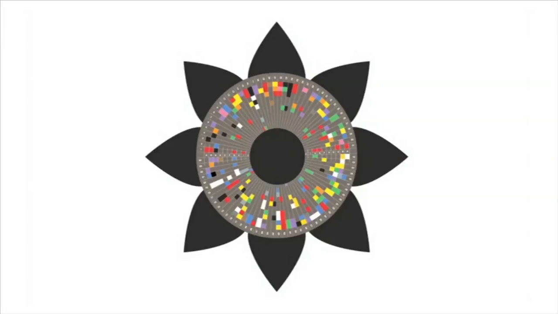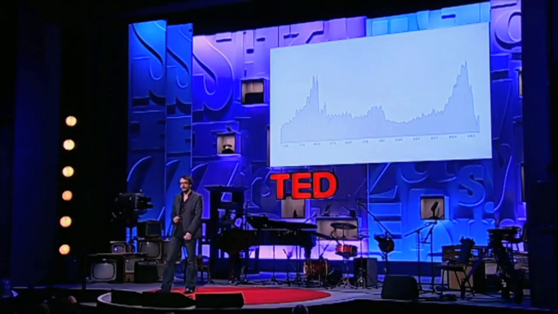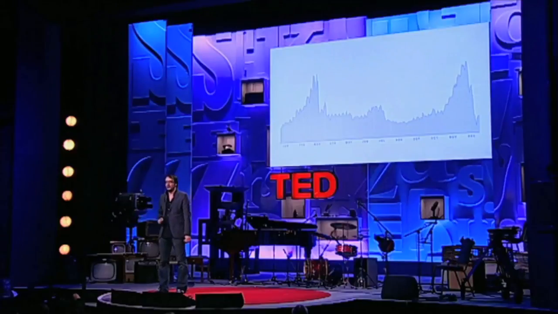But if you start working with it and playing with it in a certain way, interesting things can appear and different patterns can be revealed. Let me show you this. Can you guess what this data set is? What rises twice a year, once in Easter, and then 2 weeks before Christmas, has a mini peak every Monday, and then flattens out over the summer? I'll take answers. Chocolate? You might want to get some chocolate in.